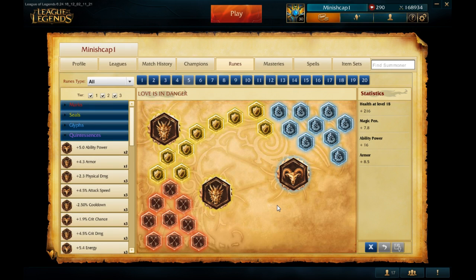This rune page is very good all around versus mixed damage teams, because you have scaling health again, you have your armor, you have magic pen, you have AP, you have a lot of stats that are really good on Singed, but you don't have movement speed. I know you don't need movement speed all the time on Singed, but I'll talk about that more in the itemization video. The gist of it is that since you have Righteous Glory, you don't really...